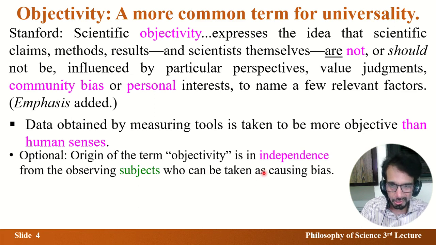Now, that is what objectivity emphasizes, which in a way may be appealing to imagination, but I think it's not logically a good choice, because by removing persons you not only remove error, you also remove the knower. And if you have removed the knower, then where is knowledge? How can you have knowledge without a knower?